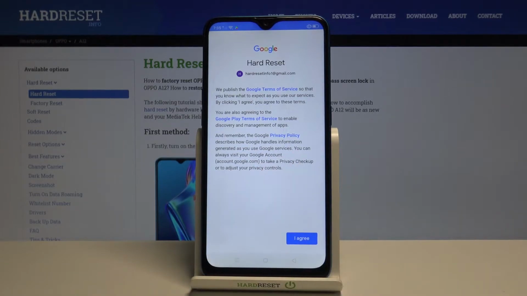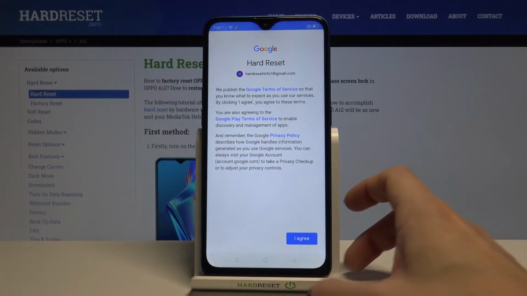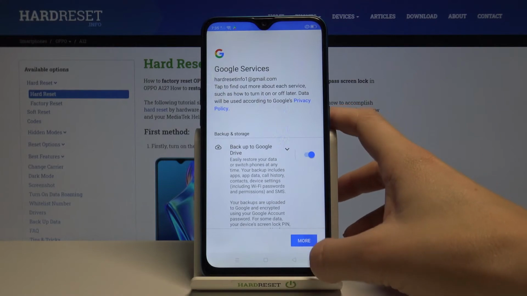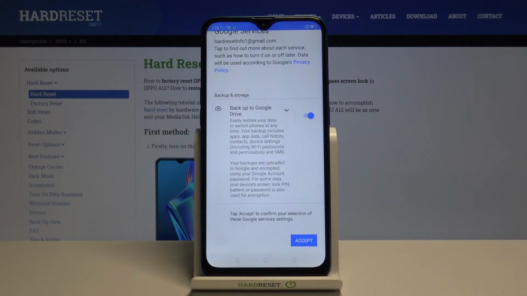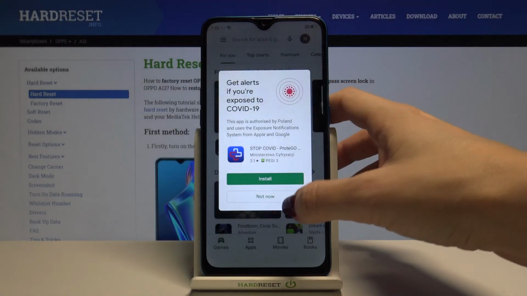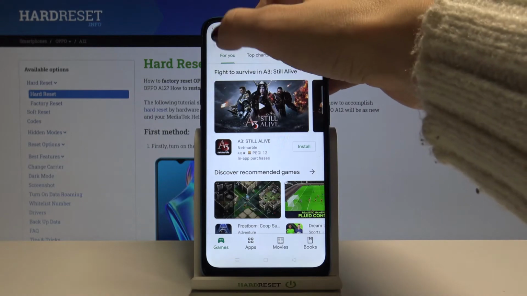So once you provide your email, phone number, and then password, you can read the Google Terms of Service, Google Play Terms of Service, and privacy policy. Click on I agree to go further. And then tap on more, click on accept to confirm your selection of Google services. And that's it, you've just logged in with your Google account, and now you can smoothly open Google Play